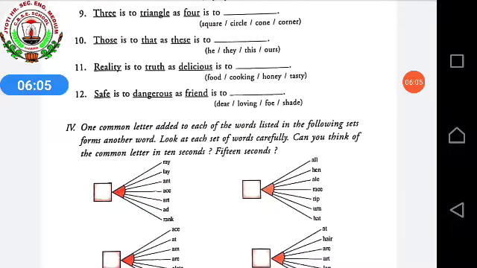Now the fourth one. This is also very easy. This we have done in class 7th, if you remember. One common letter added to each of the words listed in the following sets forms another word. Look at each set of words carefully. Can you think of the common letter in 10 seconds or 15 seconds? Many of you can take 20 seconds also, 25 seconds also. So it doesn't matter. But before 30 seconds, you have to search out that letter. Which letter will be put in this box